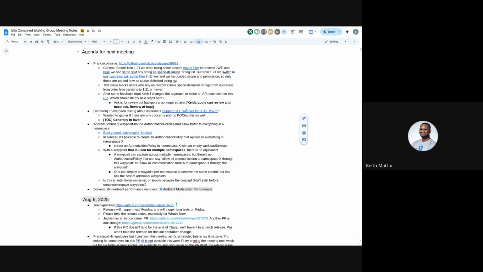What can we do better to help you right size per namespace? Ideally we would have people have a waypoint per namespace. Is there anything we can make smoother, so you feel more comfortable having separate sets of compute per namespace and that not be a large cost issue? I know in 1.26 we shipped the Gateway API configuration feature where you can set your requests and limits manually. Are there other things that we're missing that might make that experience smoother?